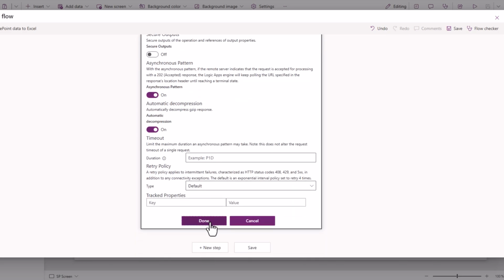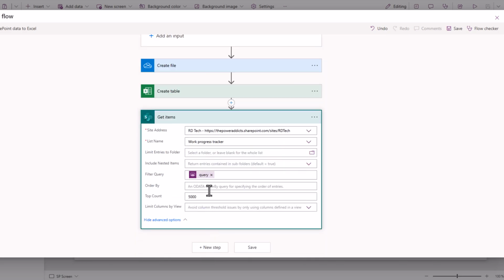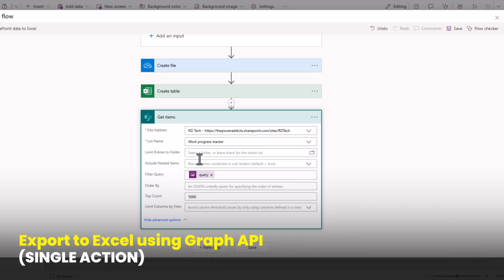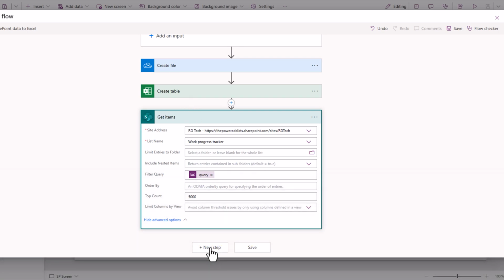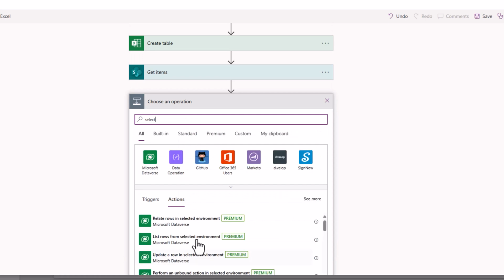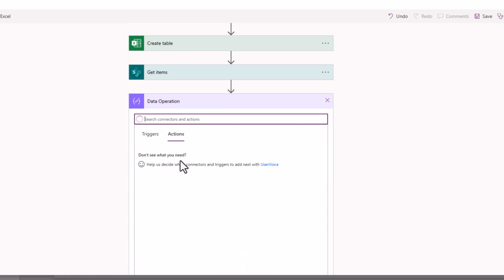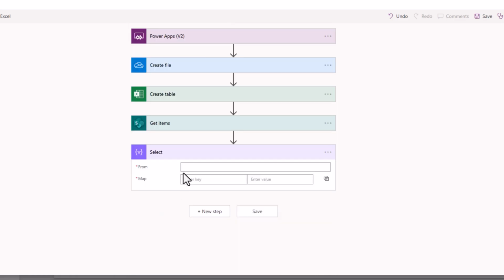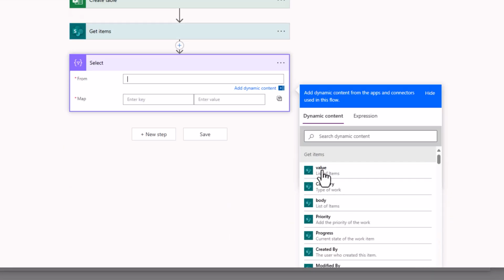I'll click done. This will get all the items from my SharePoint list. I would like to load all this data now in this newly created Excel table. Get items will return all the columns from my SharePoint list. I only want to select a few. So I'll use the data operation action, select, from dynamic content value coming from get items,